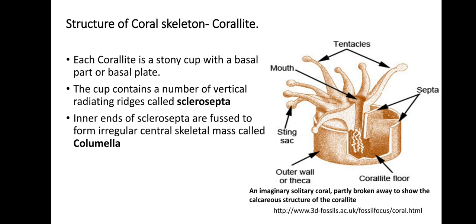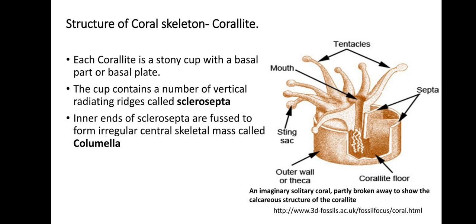Now let's see the structure of a corallite. I am talking about one individual. You see there, a sea anemone-like individual secretes an exoskeleton. It is like we need a house to stay, isn't it? Each room will have walls, then a floor and a roof. Similarly, these polypoid members, since they do not move anywhere, need to protect themselves. How do they protect? By secreting a calcium carbonate wall around their body. This wall is secreted by the cells present in the ectodermis.